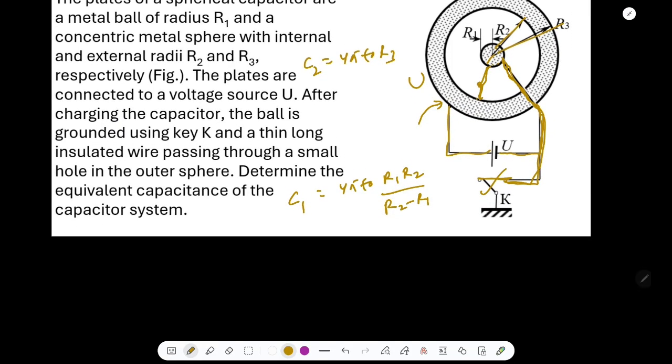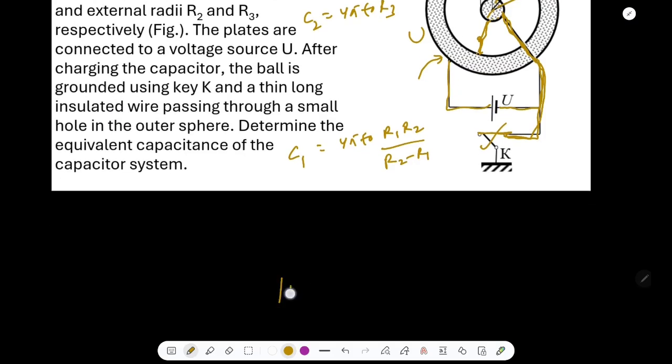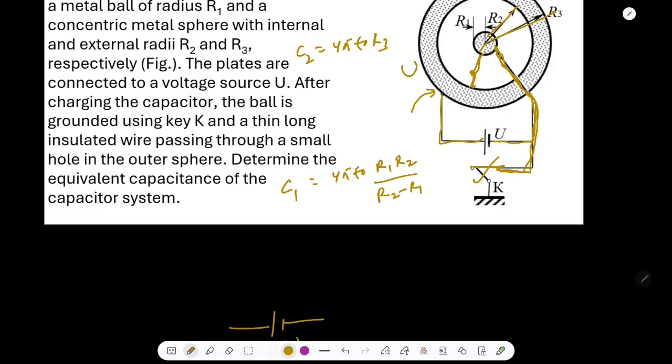If I try to draw an equivalent circuit for this capacitor system, I would first draw the voltage source U, and with this voltage source the capacitance C1 is connected. This capacitor is also connected, C2,